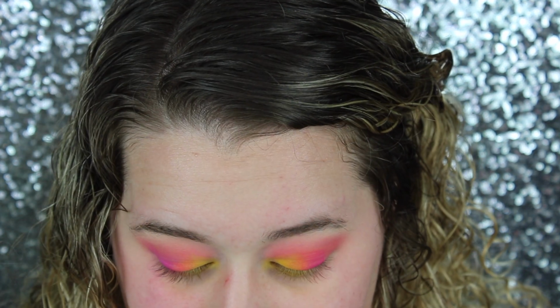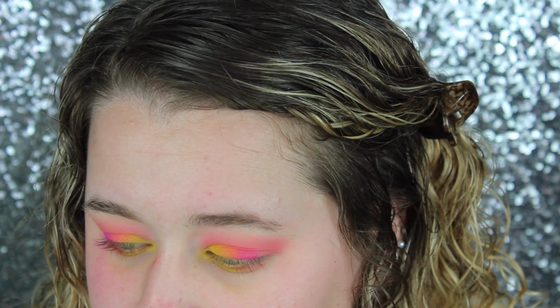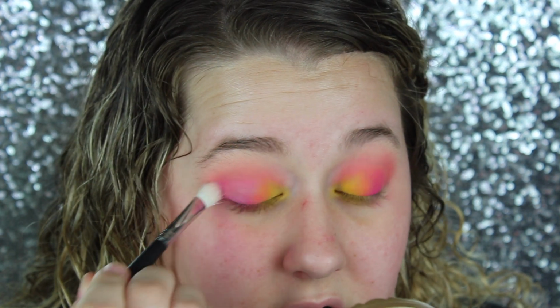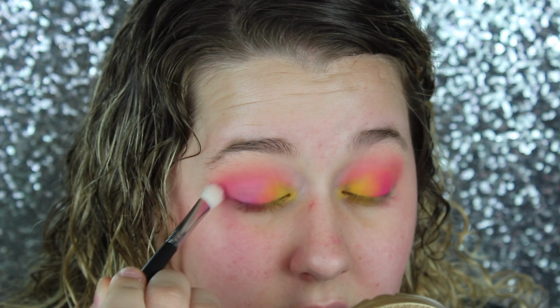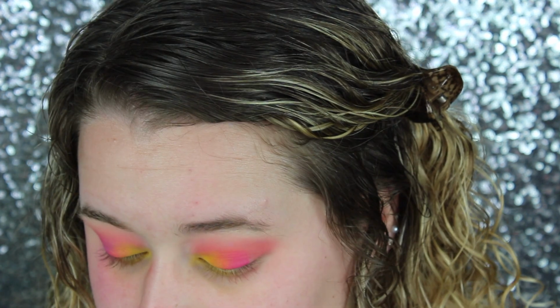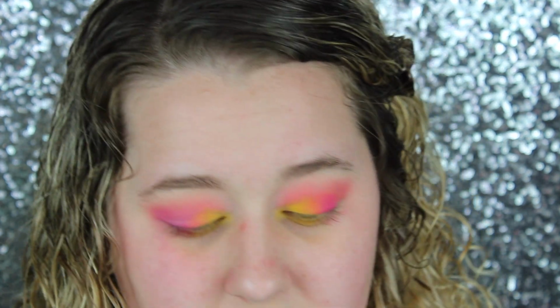I am going to take a tiny bit of Sensation and kind of just rock it in the outer portion of my crease, but I do want to get a little bit smaller of a crease brush. So now I'm going to wipe off that brush, wipe off the flat brush, and I'm going to do the exact same thing. So take that purple color from the Huda Beauty,